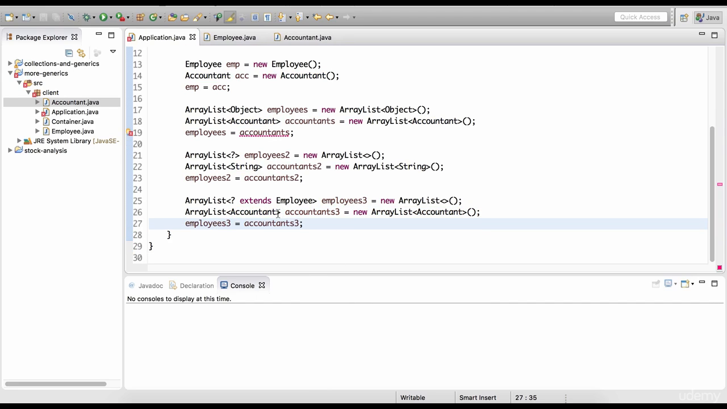So this is known as an upper bound. In other words, we're saying that the highest type in the hierarchy of objects that can go into this list is employee. So that's an upper bound. And all children of employee, it doesn't matter how low in the hierarchy they are. We could have accountant, and then we can have other subclasses of accountant, like cost accountant or financial accountant. Those could be subclasses of the accountant class. The entire hierarchy all the way down to the lowest type is allowed in this employees3 list because of this